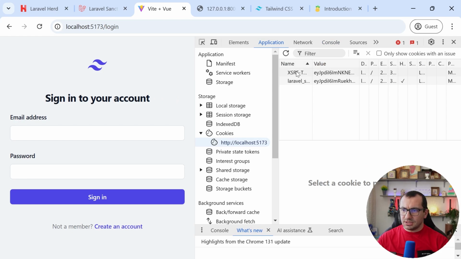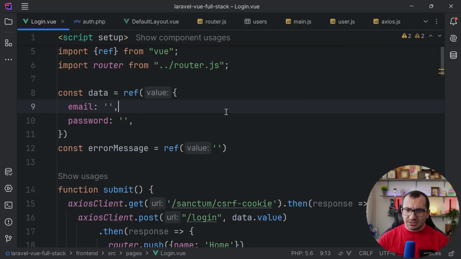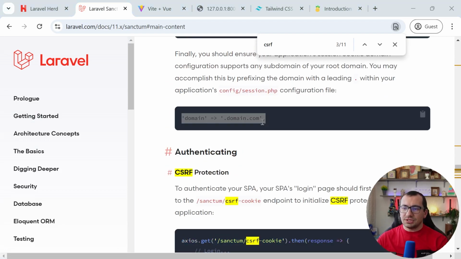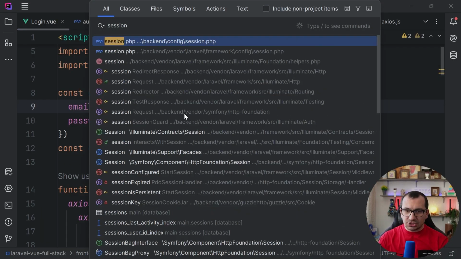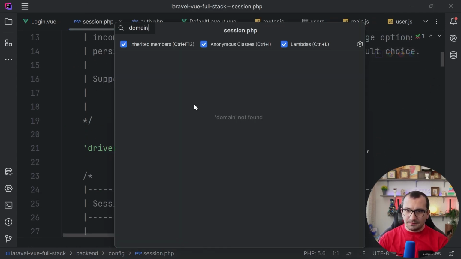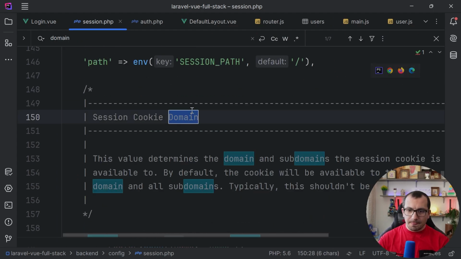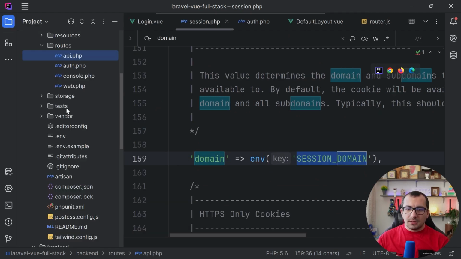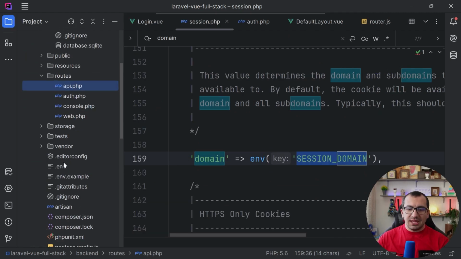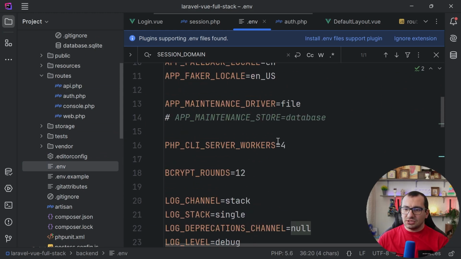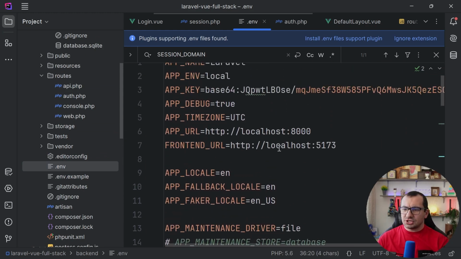It returns unauthenticated. Okay, there are a few things I think we need to do, and this is also mentioned in the documentation. So first we have to use the domain. If we open session.php from the backend config and search for domain, we're going to find that it is taking the session domain. So let's open the backend .env, find the session domain, and change this into the domain where the session should be saved. And in this case, it should be,